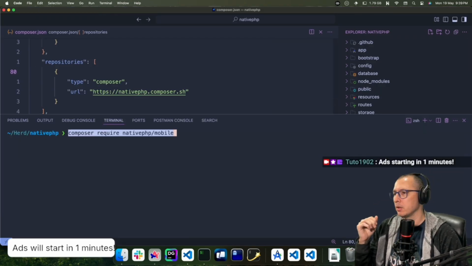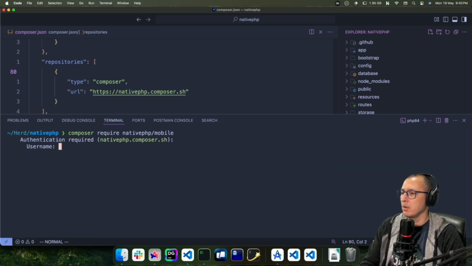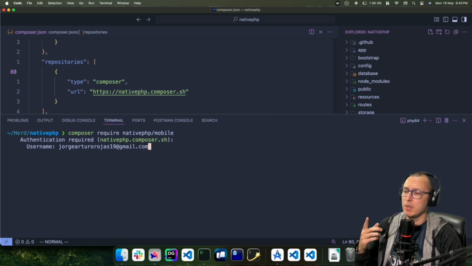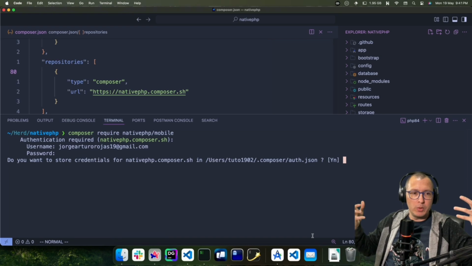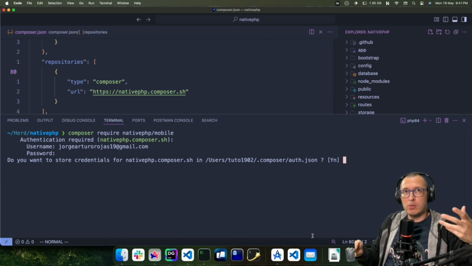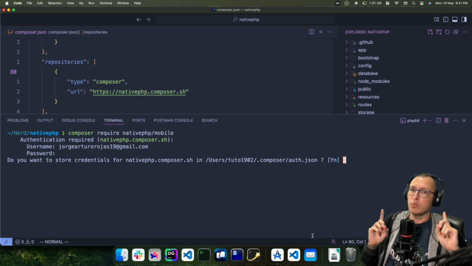and run it. Okay, the username, that should be my email, which is no secret. So the username here is the email address with which you purchased the license. And the password is the key. Is this going to show? No, it's actually hidden. I need to get that key. Hold on. Whenever you purchase a license, it shows you that license as soon as you purchase it, and also you get an email with your license key. Don't lose that, and more importantly, never